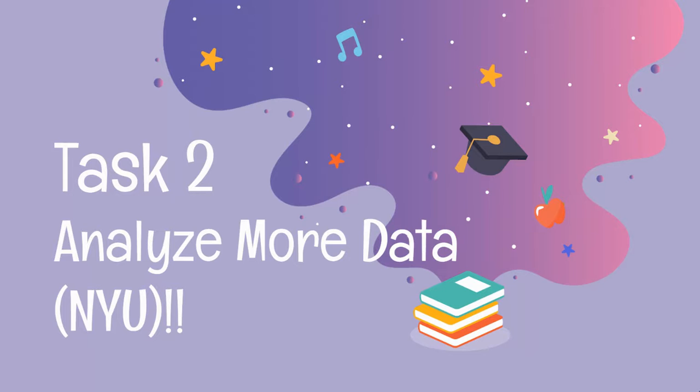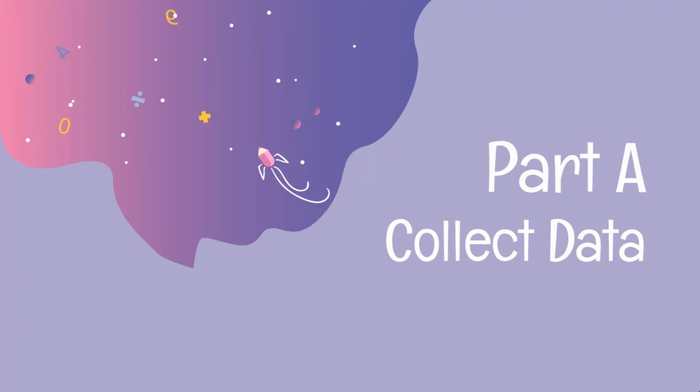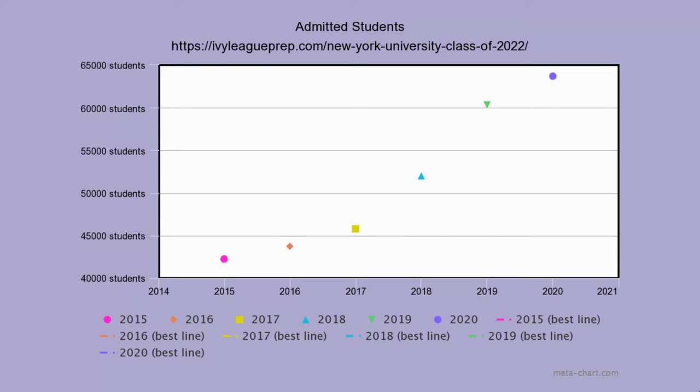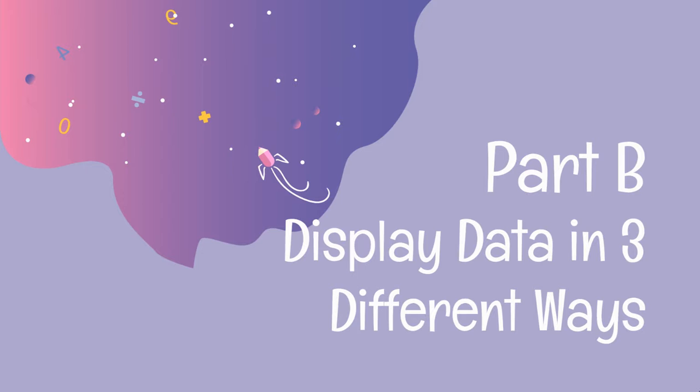The next assignment is Task 2, with the chosen college for the task being New York University. Part A was about collecting data. I chose to pick the number of students that were admitted into NYU throughout the years 2050 and 2020. For this topic, I was only able to find 6 sets of data. This was the scatter plot graph for the data, and for Part B, where I showed 3 graphs that display